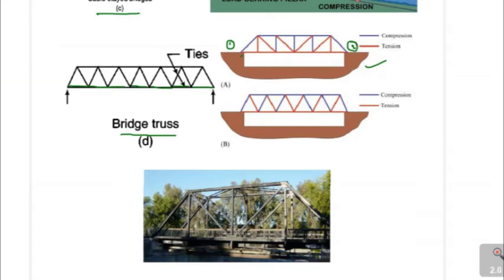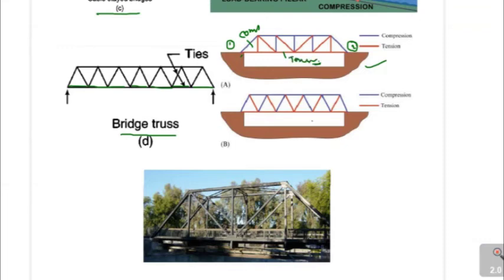When a vehicle is going onto this bridge, the vehicle load is going to act on this truss, and immediately either compression or tension is going to develop in the members. In the red marked members, tension is going to develop, and in blue, compressional force is developed. These are compressional members, whereas these are tension members.